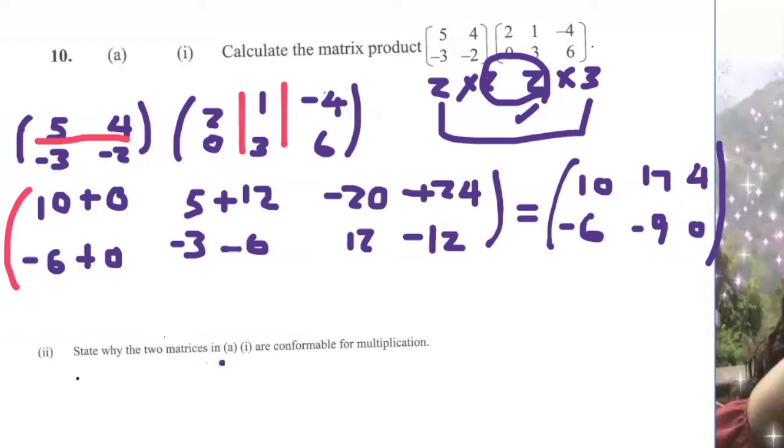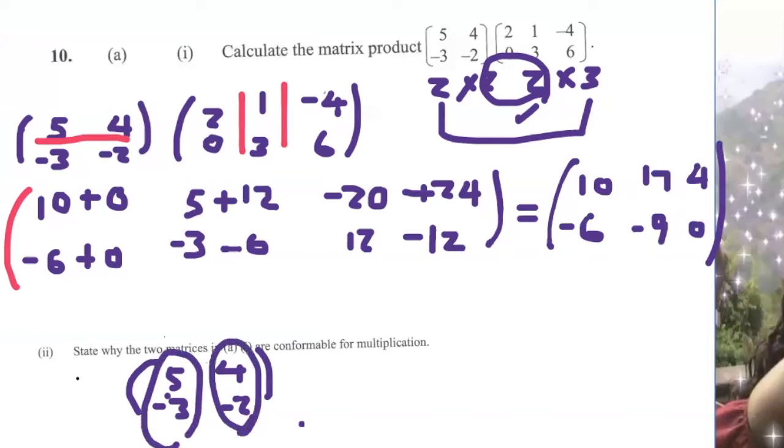Now the next part says state why the two matrices in part A are conformable for multiplication. I've already explained that the column count of the first and the row count of the second are the same, so it makes it defined. The first matrix is a 2 by 2, 2 rows and 2 columns. 5 minus 3 is 1 column, and 4 minus 2 is another column. So because I have 2 columns here,